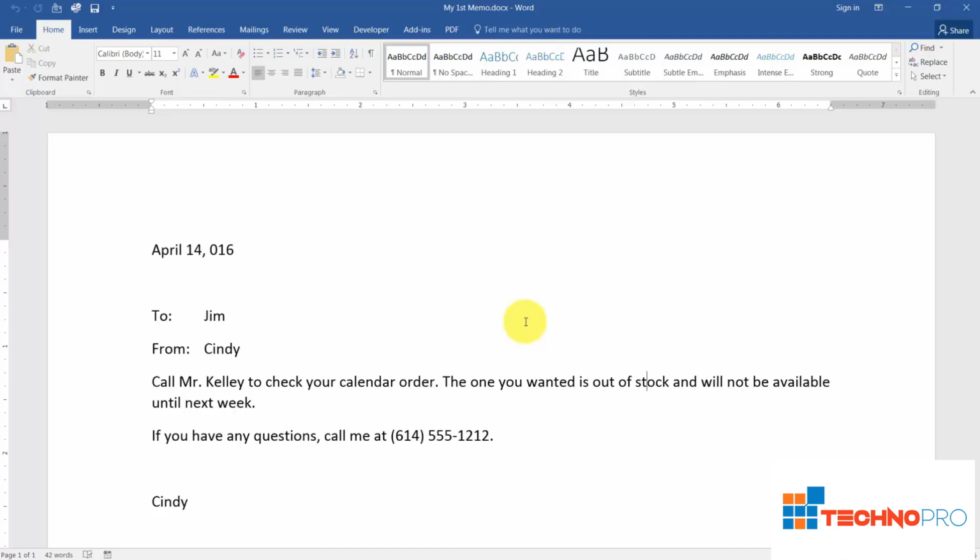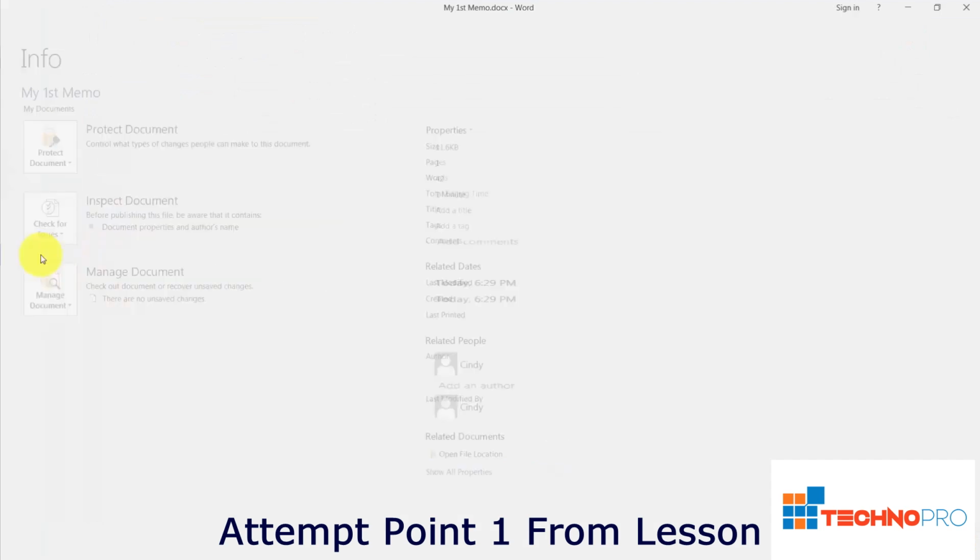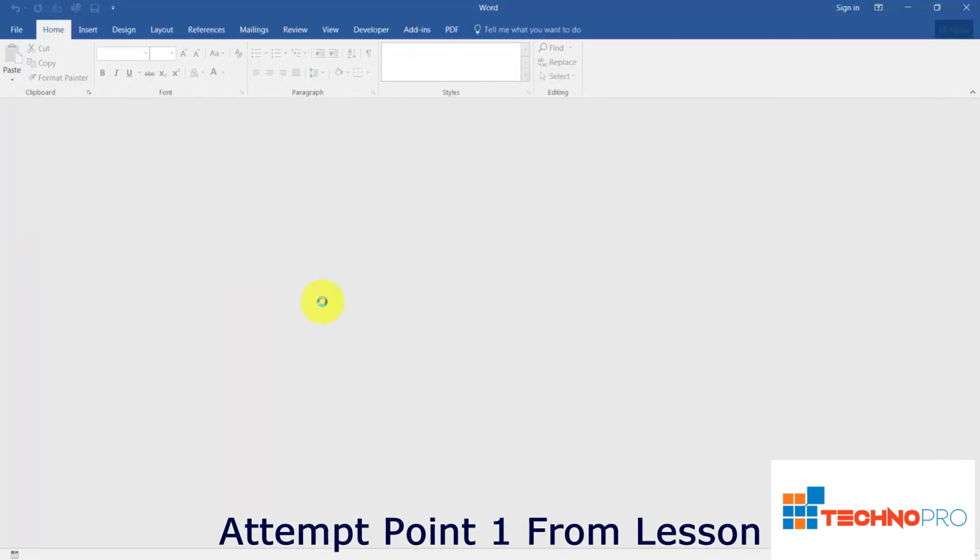So what we're going to do now is we're going to go ahead and close it so I can show you when we move over to section 4 how to open the document. Quick way to close is go to File and down here to Close, and then that's going to take you to a gray screen. So I will see you over in